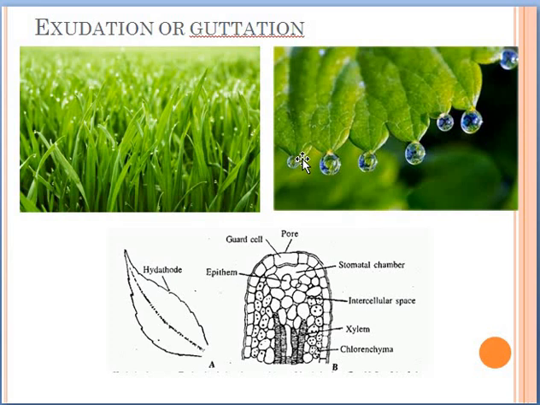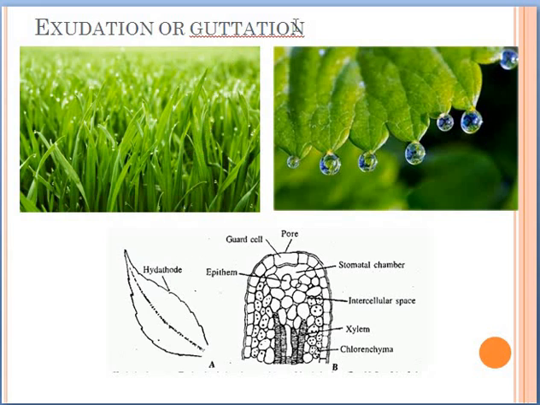Generally they ask the question: what is a hydathode, or where is it located? So you should mention that hydathodes are present on the margin of leaves, and these hydathodes are responsible for guttation. So if a question asks what is guttation or to define guttation, you should mention hydathode. If there is a question about hydathode, please mention guttation. So you have to learn these two words.